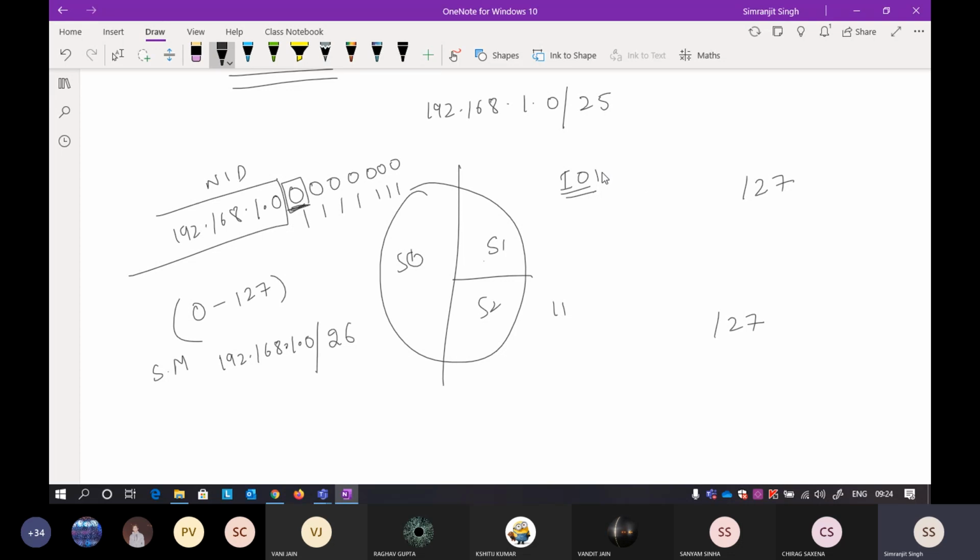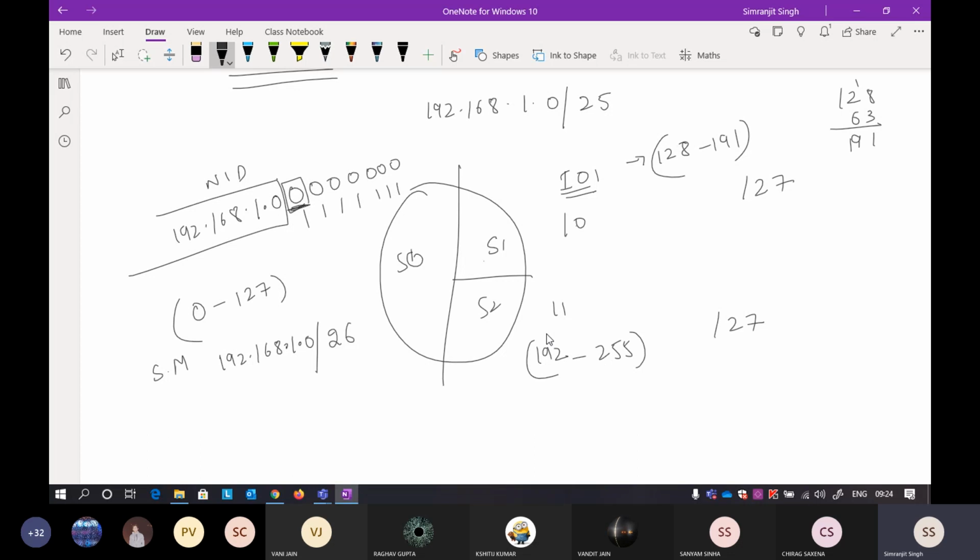If you have any doubt, I can go ahead and write the range, whatever you will get here. It will be from 128, because the 2 zeros are fixed here, so 128 plus 63, which is 191. So the range is from 128 to 191, and the next block is from 192 to 255.